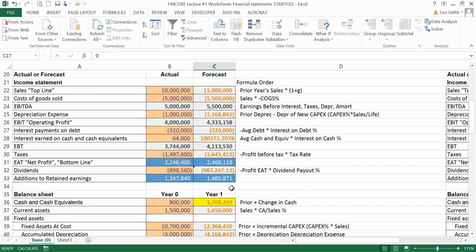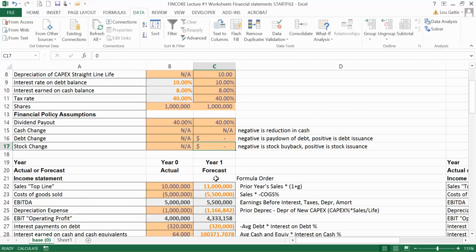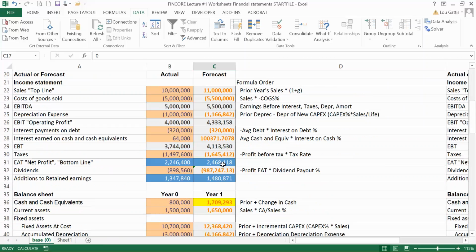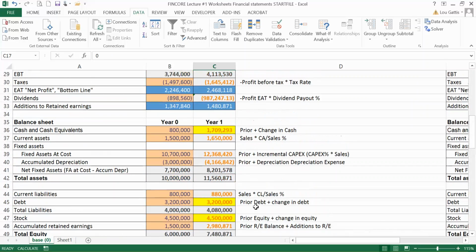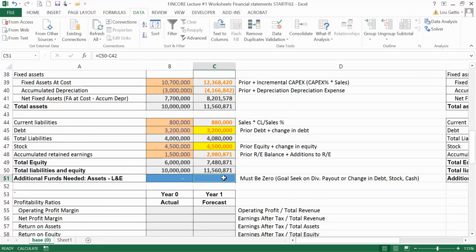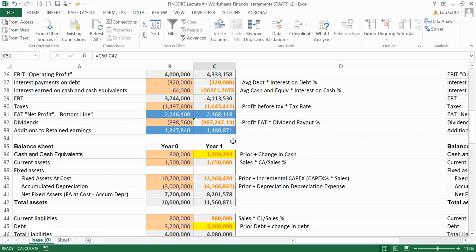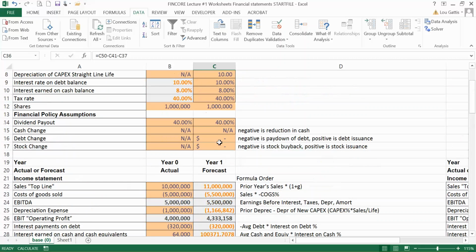So we have some cash left over here. If I look at my additional funds needed, it looks like I generated an extra $1,700 in cash. So that's where it's all plugging if we didn't pay off our debt. But what if we decide we want to pay off some of our equity? In other words, buy back some shares. What if we put minus 100,000